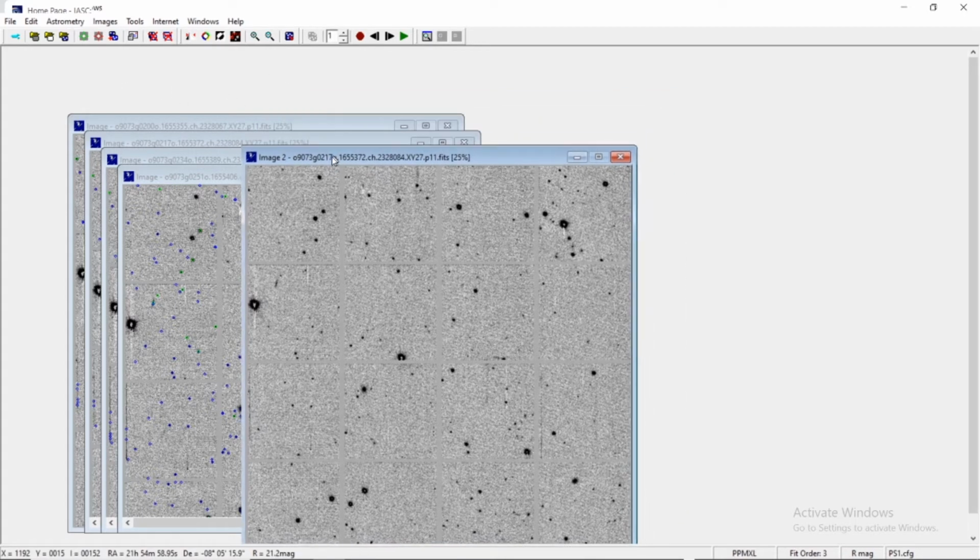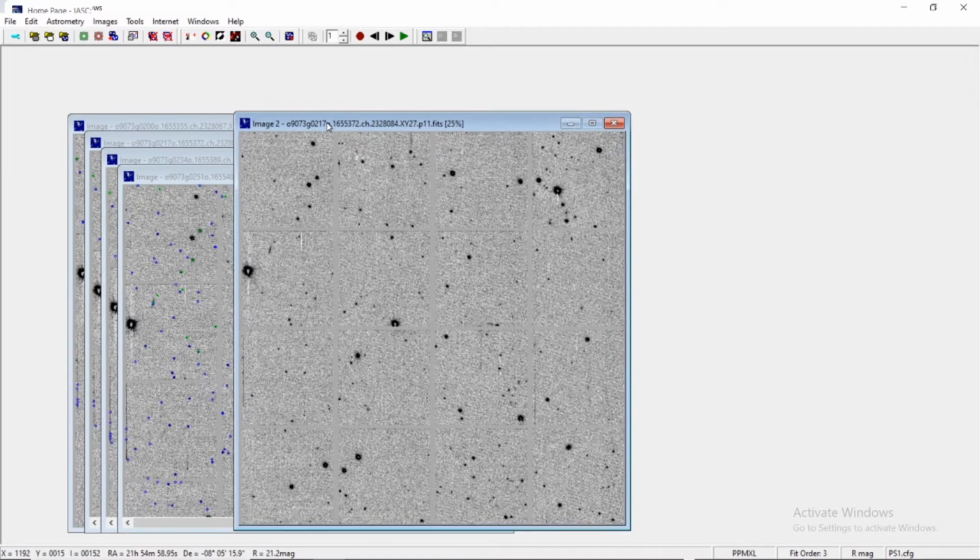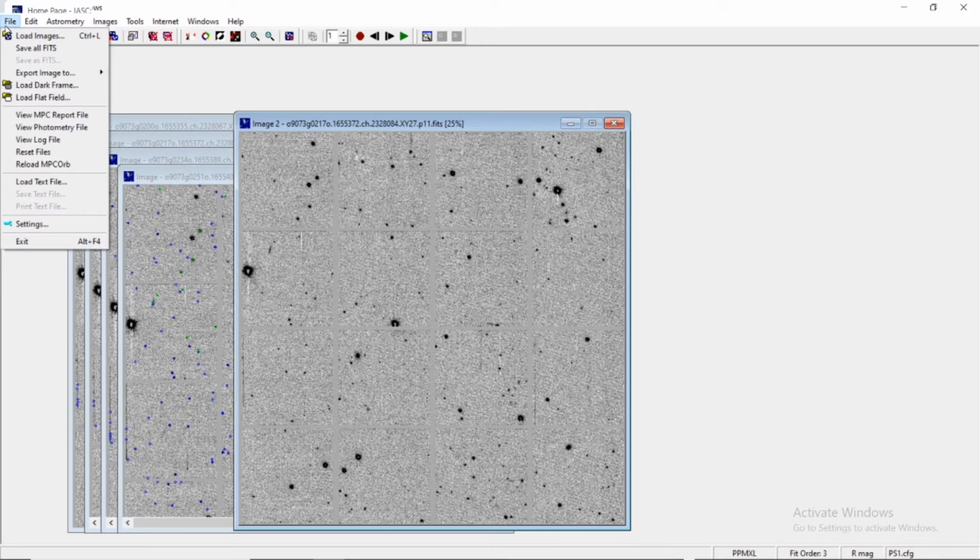So we can say this is a perfect classical case in which neither the known object is present nor any moving object or any unknown object is also present. So this is a case of no moving object detected. Now let us see how that MPC report of this case will look like. Now you see, click on file, go to view MPC report, and now you see the ACK MPC report file updated. Now it has got only the date and only the timing, and the rest of the lines are missing.